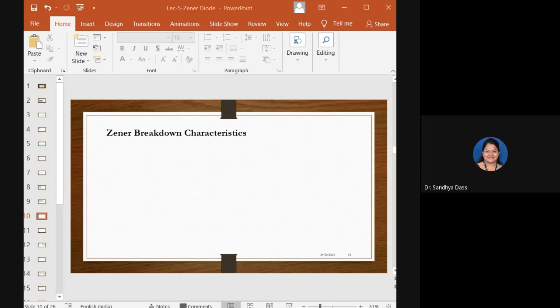In a highly doped PN junction diode, there will be a high concentration of impurity atoms, which causes a high concentration of ions in the depletion layer. So the width of the depletion layer will be thinner compared to that of the normal diode. Due to this thinner depletion layer, the voltage gradient, or the electric field across this depletion layer, will be quite high.